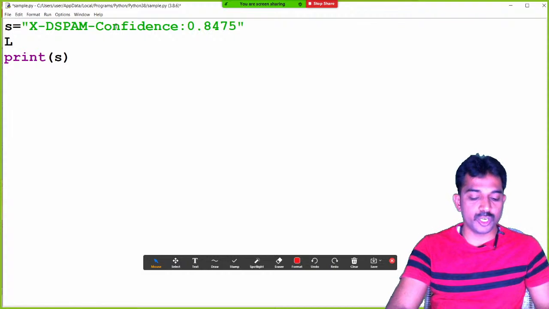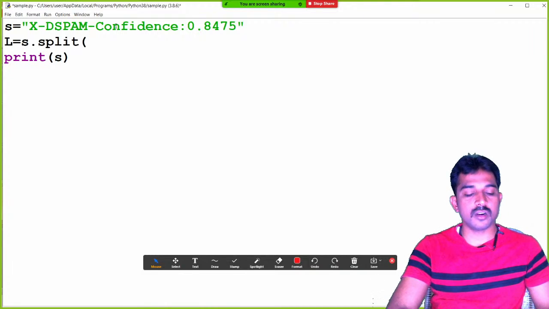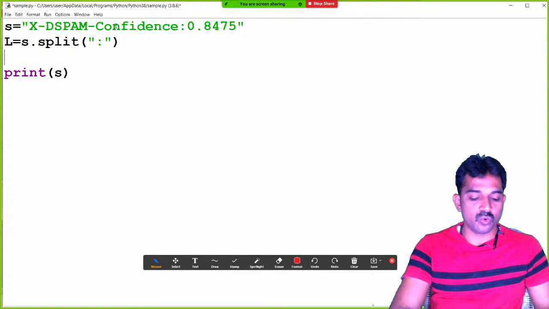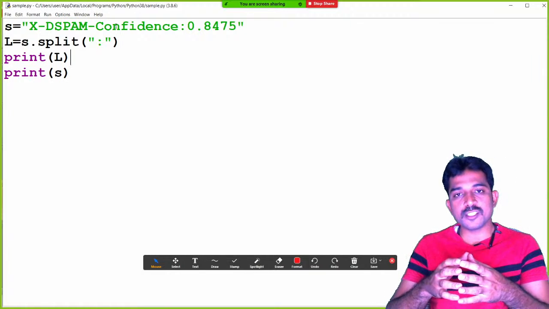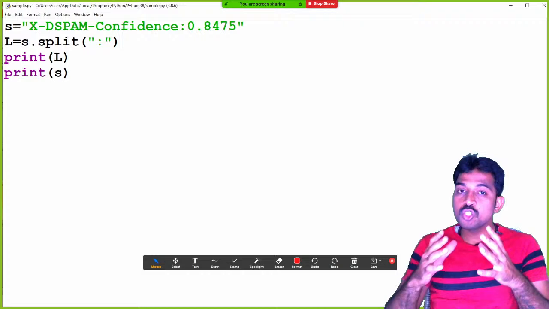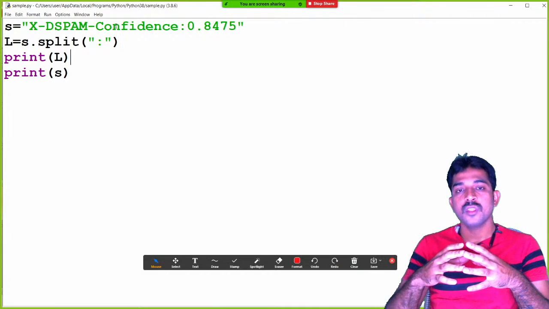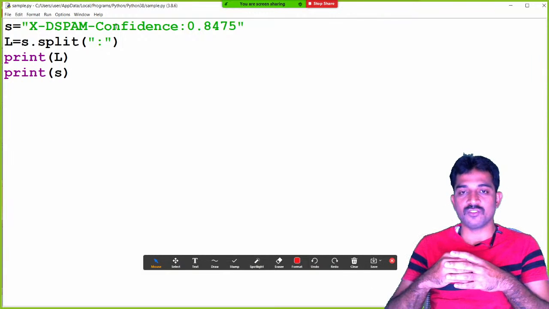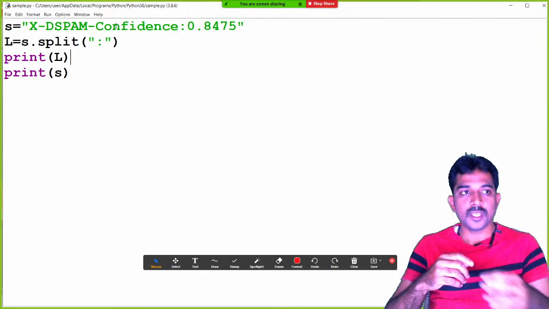I'm going to take L equal to s dot split of colon, right? First see what is there in the L. Even in your practice also, try to learn everything. Please note that. Try to print what it is going to give and how it is going to work. You have to analyze. Based on that only you can learn the programming language, right? So if you print L,